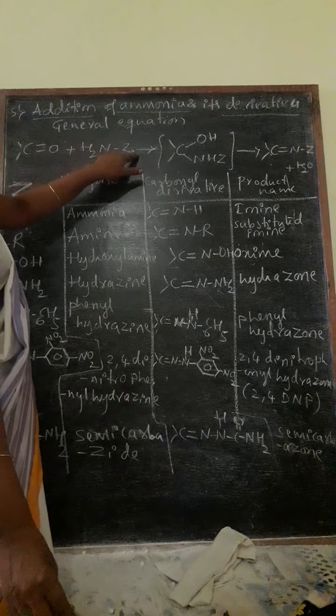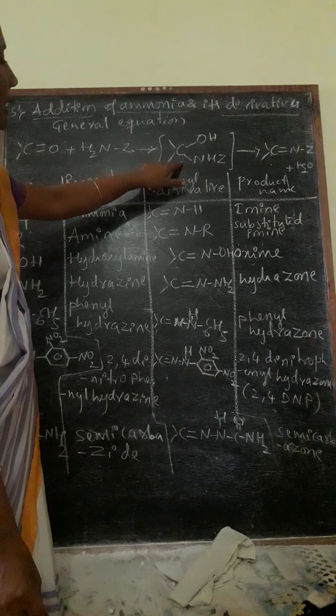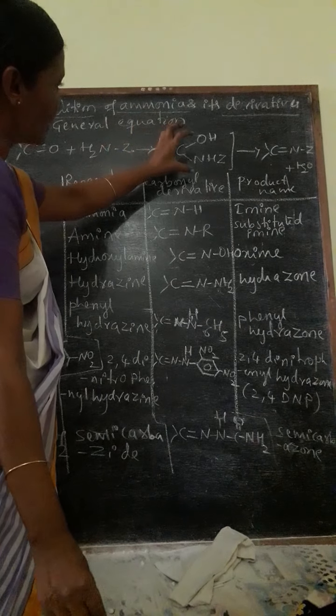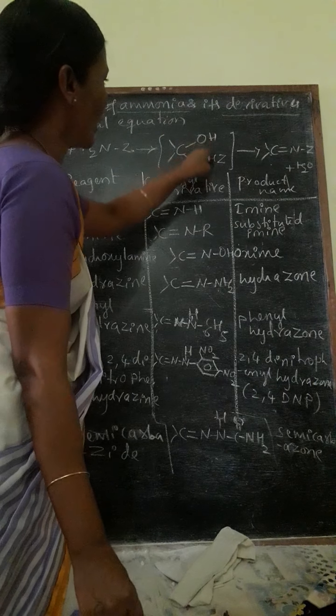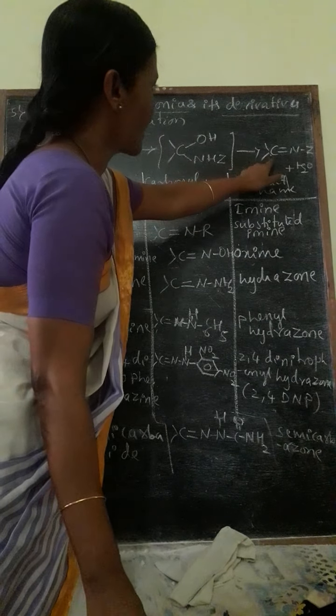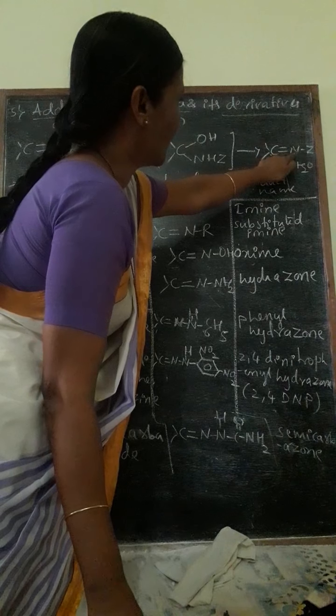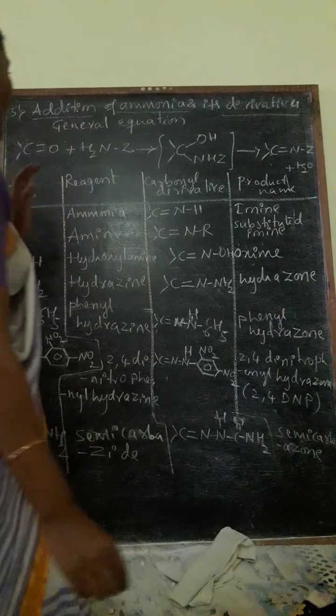Now there we got an intermediate. This is said to be the addition compound. Finally, this complete form is condensed by elimination of water, and it is said to be the substituted product, which is substituted N, meaning ammonia derivatives. You have to take one complete table. This is very simple, and if you know the general equation, definitely you can say that there is the substitution of all these reagents, and I will do one equation for taking an example.